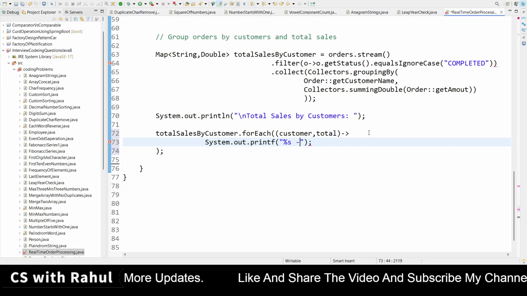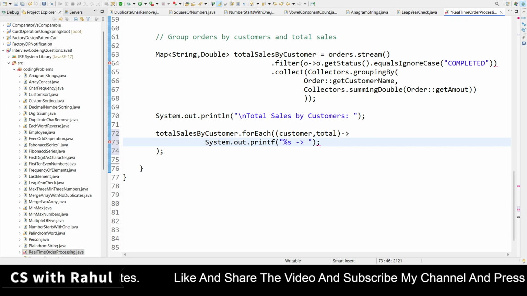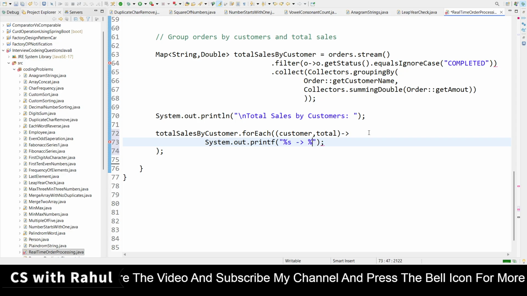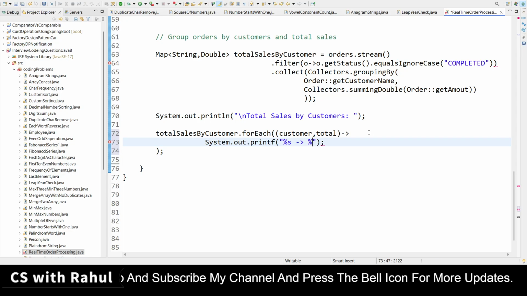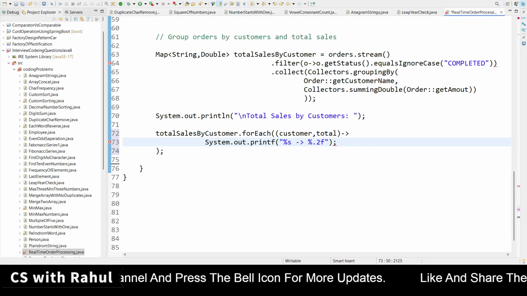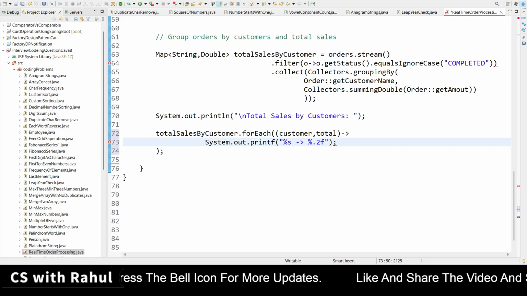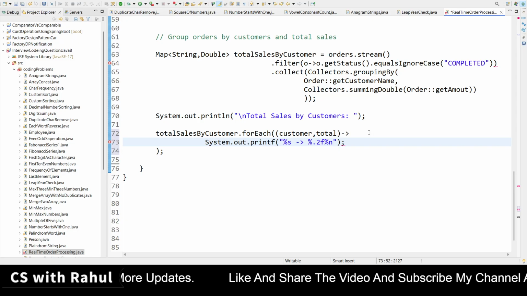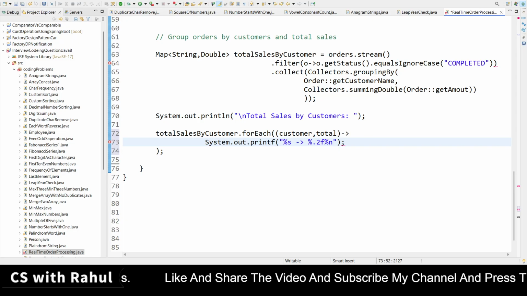After that I am providing one arrow sign. This is not lambda expression, because we are in string, guys. And then %n for new line, you can put the slash also.